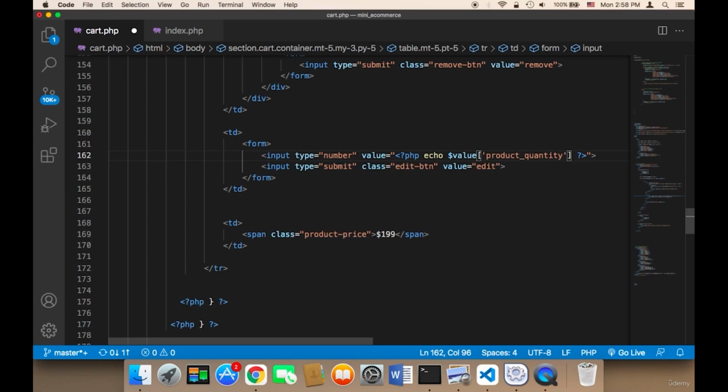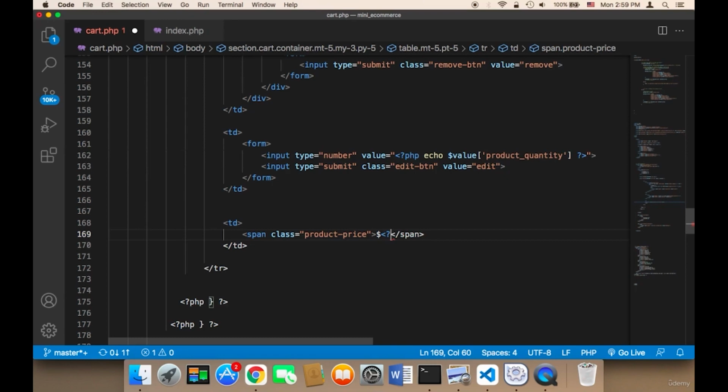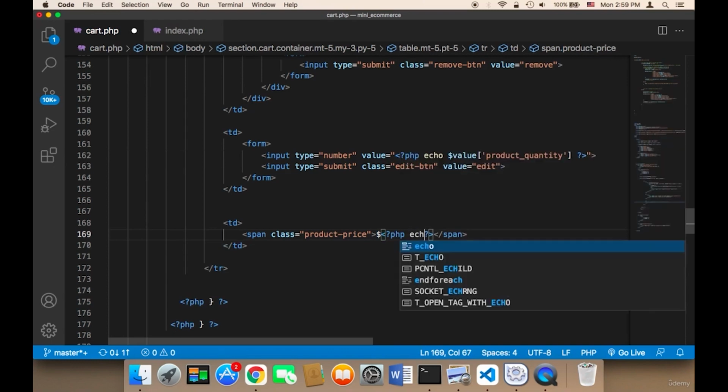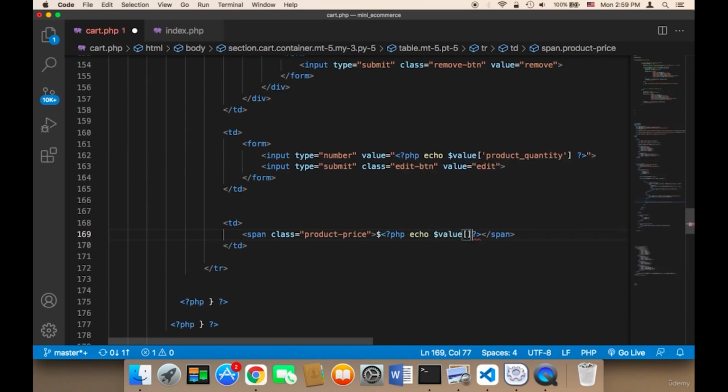And then we have also the product price one more time, so we also need to display the product quantity one more time, the product price one more time. So here I'm going to say PHP, and then echo, and then value product